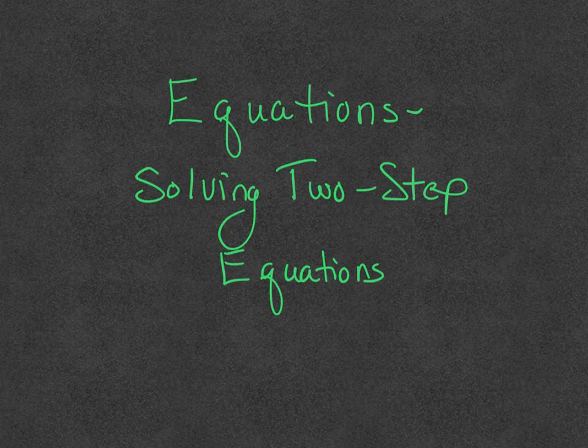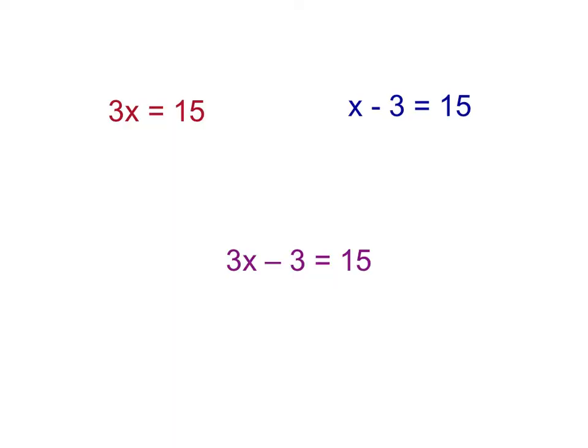In this video, we're going to look at how to solve two-step equations. You have learned how to solve one-step equations, such as 3x equals 15, where I have multiplication, and we undo multiplication with division. We divide both sides by the coefficient that is next to the variable, so that we isolate the variable when these cancel out,